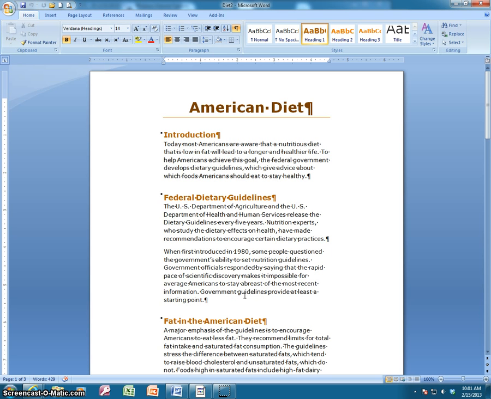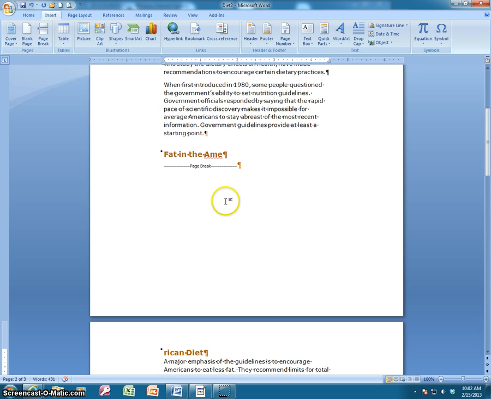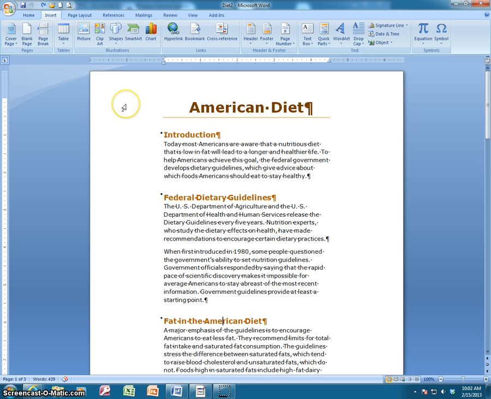Okay, now what we're going to do first of all is practice just inserting a page break at this point, which would be along the lines of creating a title page. You've done your paper, and for this assignment you're asked to do a title page. To do that, we go to the Insert tab, and then you'll see there is a page break button right here. When I do that, oops, pardon me, I'm going to go back here